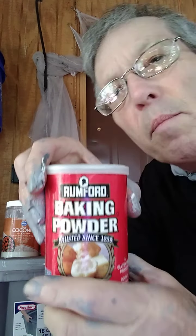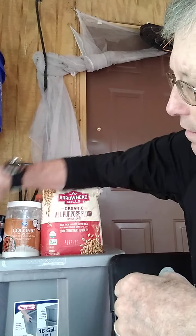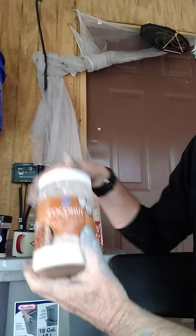And everybody has their own biscuit recipe, like how much of this and how much of that. Since I'm baking my biscuits on a one burner Coleman stove, I use 1 cup of flour and about 3 spoonfuls of baking powder. Just shake some salt in there, and then this is secret ingredient number 1: